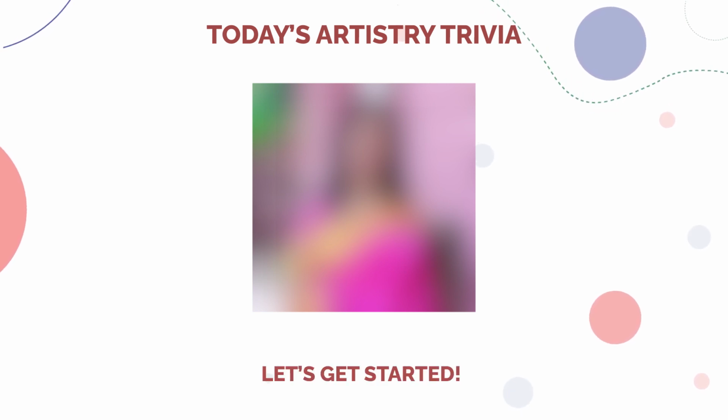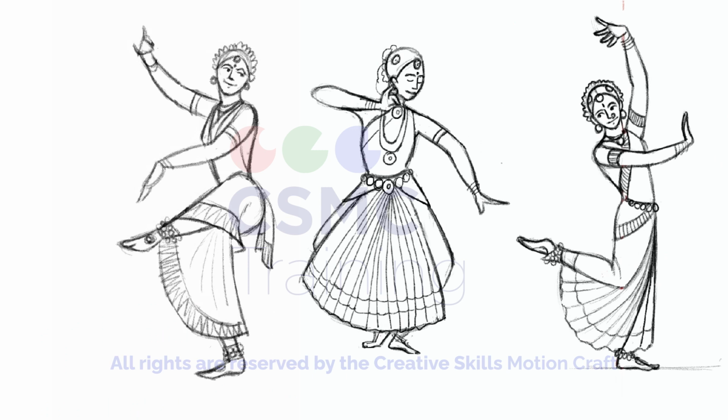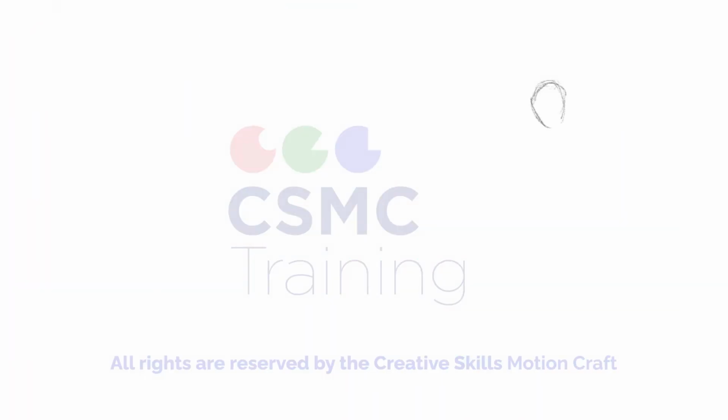Let's get started. Let's start with some Kathak dance poses, which will help us in understanding the human figure in action. For the first sketch, our character is standing on one leg and has both arms in air. To draw faces, use oval shapes. We will draw the torso using curved rectangle and the limbs using cylinders.